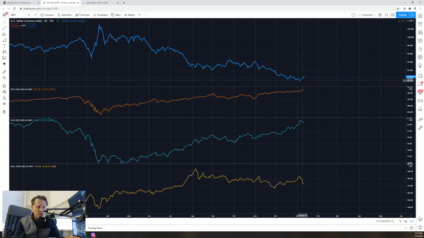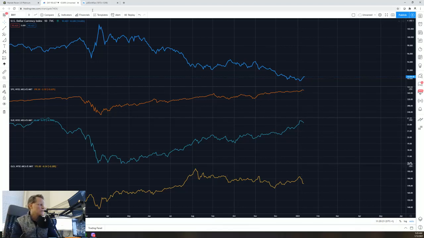But we have seen a bit of a bounce over the past few days in the dollar, and commodities have come under pressure. Gold has come under pressure. Heck, Bitcoin has come under pressure, and equities are resilient. But I would imagine if the dollar really starts to bounce, then equities would probably pull back. So it's a lot easier, as far as I'm concerned, and easy is always a relative term, to get the big picture right, the dollar, and really focus on what it might do. And then from that, look at the correlations, which in this case are heavily inverse versus equities, commodities, and to some extent gold, and see what they might do.